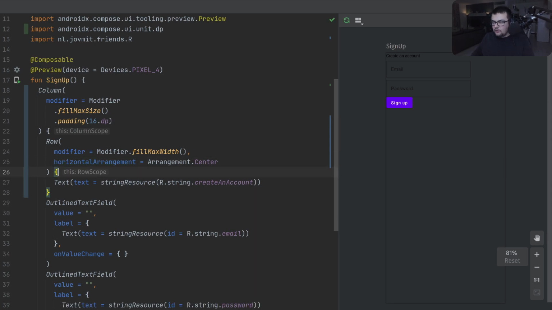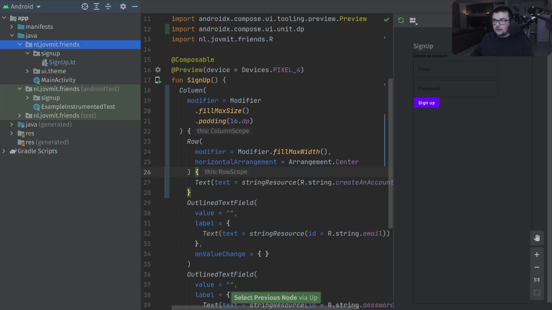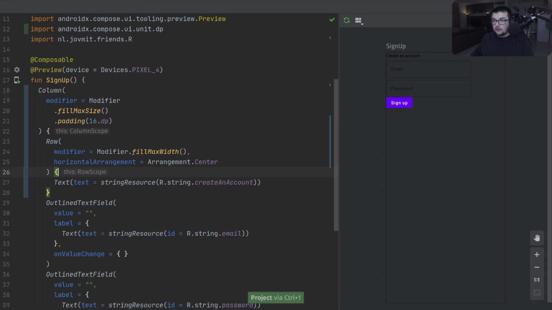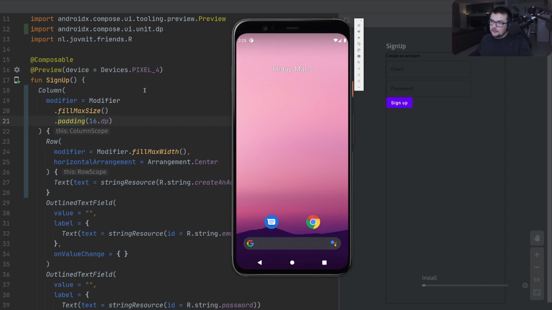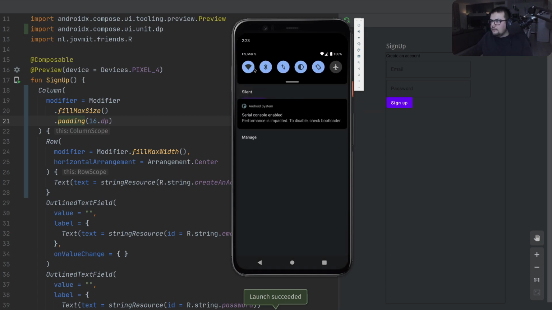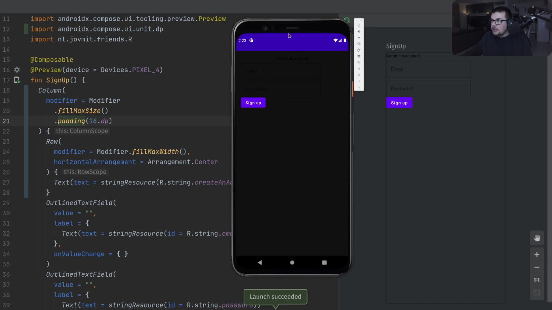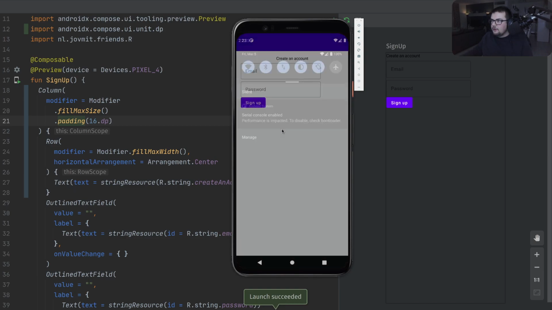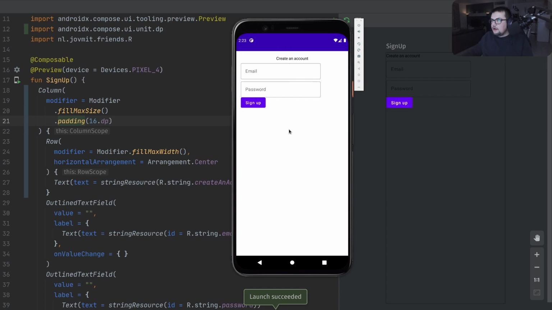Now, because the preview is not really working, I'm thinking to maybe run the app and see it on an actual emulator. So let's see. And indeed, as we can see here, I haven't set the colors and stuff, and that's why now everything is black, but I can just switch the theme for now until I set up the colors, and we can see it. So there is nice little padding around in the root, and then I moved also the title in the middle